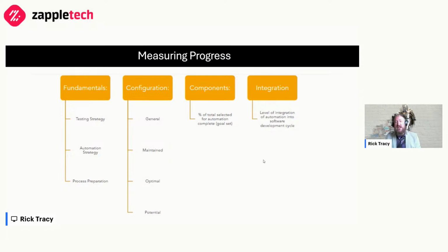This is a bit more subjective, but it's something that I suggest you work with your Scrum Master on and figure out how much integration of that automation you've already built is a part of your software development cycle. As I mentioned earlier, one of the most fundamental ones is if a change comes up that's going to change the way your process works, does that trigger a change in your automation? Does that trigger a check to your automation? If a different value is added to potential business outcomes, does that change your automation? Is that integrated into your process? So these are, as I said, a bit more subjective, but if you set the goals up beforehand, you can easily show the progress in